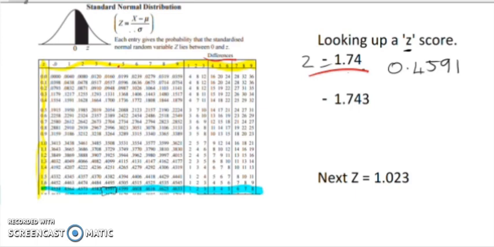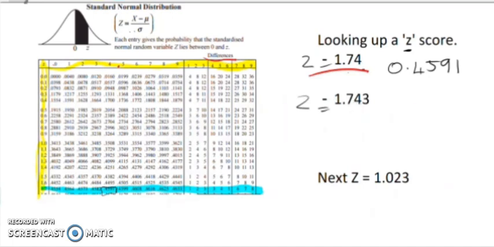Okay, it's a little bit blurry, a little bit out of focus, that table, because it's blown up so big. But if you have a look at the back of any textbook or workbook that you have, in the last few pages, you'll find a table, and you'll be able to perhaps pause the video now and see if you can find that value of 0.4591. Okay, but in the meantime, we'll go ahead and look at a z-score that's equal to